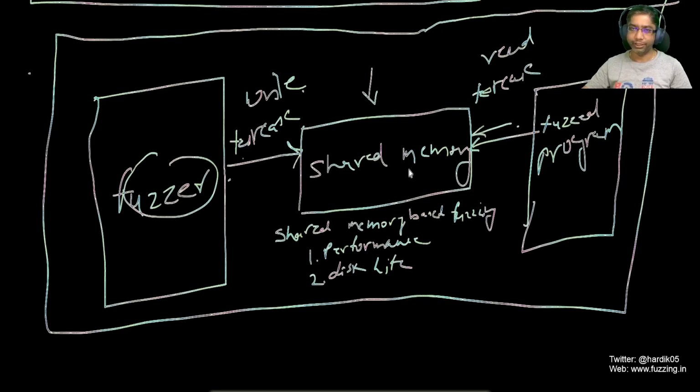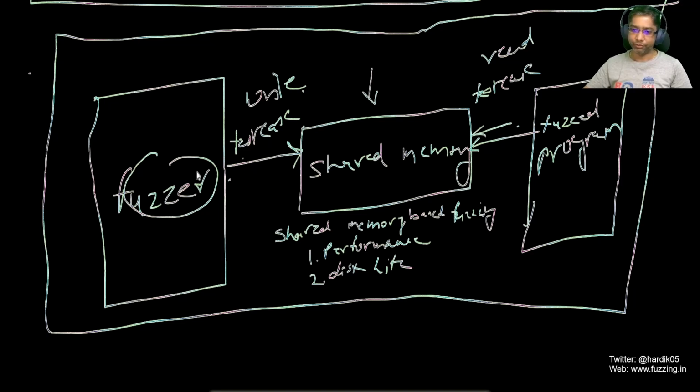So it will greatly enhance your fuzzing speed, and that will actually improve the speed of your overall fuzzing campaign. In case of shared memory mode, you need to read the test case from the memory instead of disk. So your file based IO will not work over here. You need to change your fuzzing harness, or your fuzz program. You need to tweak it a bit so that it reads the test case from the memory instead of reading it from the disk, from a file.